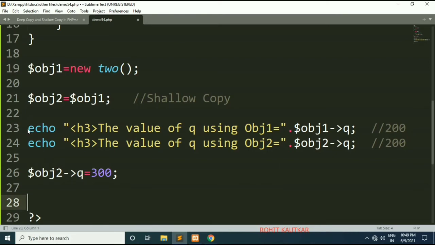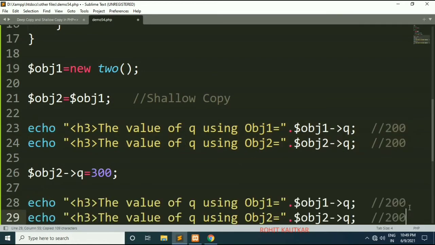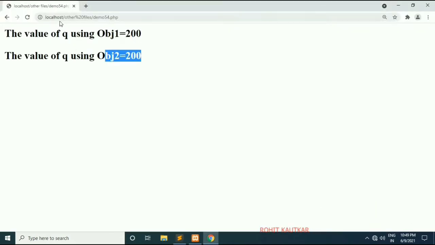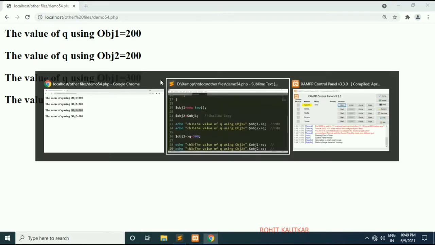Now I will try to print the value of q again and see what output you get. I will save this and refresh. Now you can see in object 1 as well we are getting 300. In object 2 we have modified it, so it is getting reflected within object 1 as well.